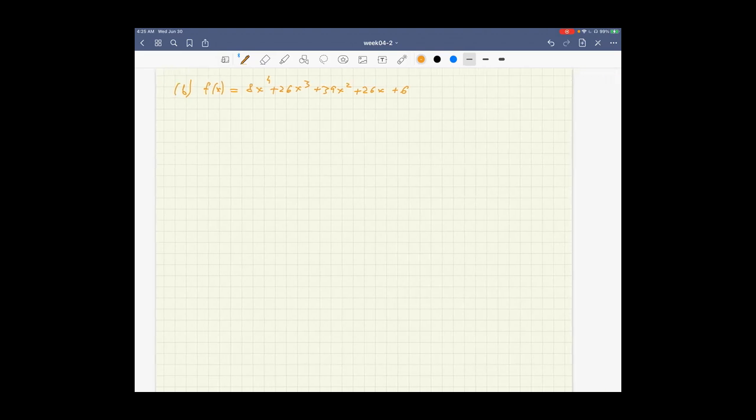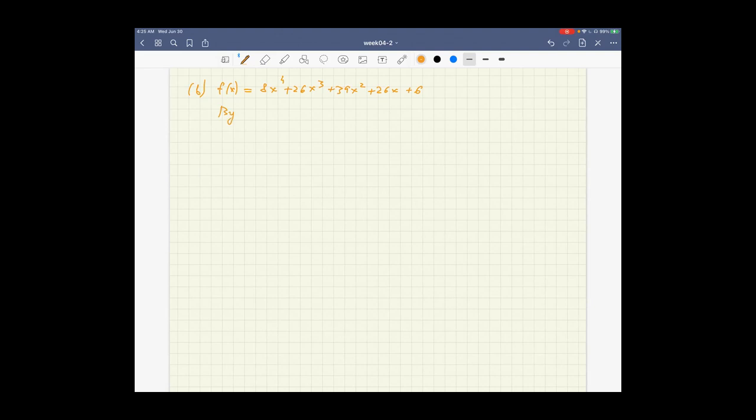And again, by the rational root theorem, if a rational root P over Q exists,